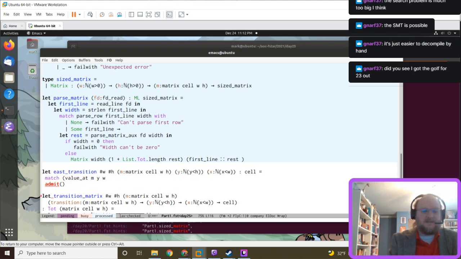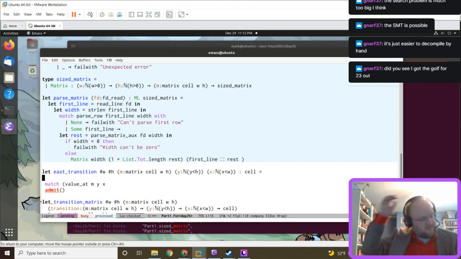Okay, let's do something fancy here. So for the eastward transition, we're dependent on our value and the one to the right. No, that's only the case in one of them.